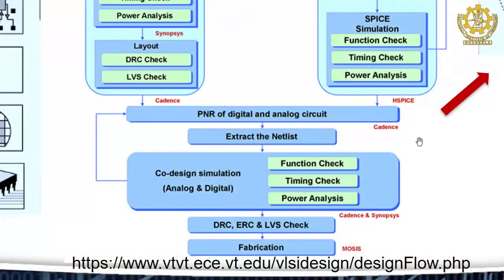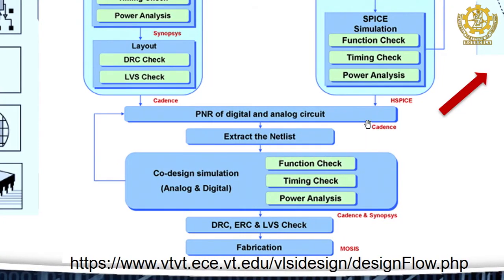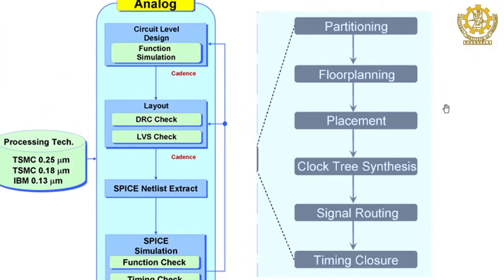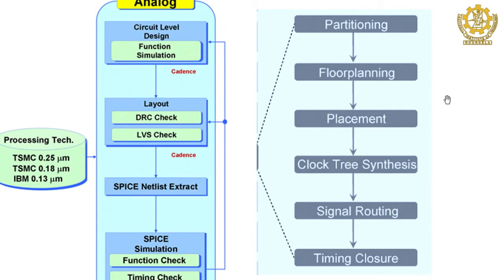Okay. So, now once your digital design and analog design are over, the next step is creating a chip for a particular specification. Next is called PNR of digital and analog circuits. Here PNR stands for place and route. I have listed the different steps of PNR here, and the details I will tell you in the next session. Just for keywords, you remember the PNR steps are classified as partitioning, floor planning, placement, followed by CTS, which stands for clock tree synthesis.